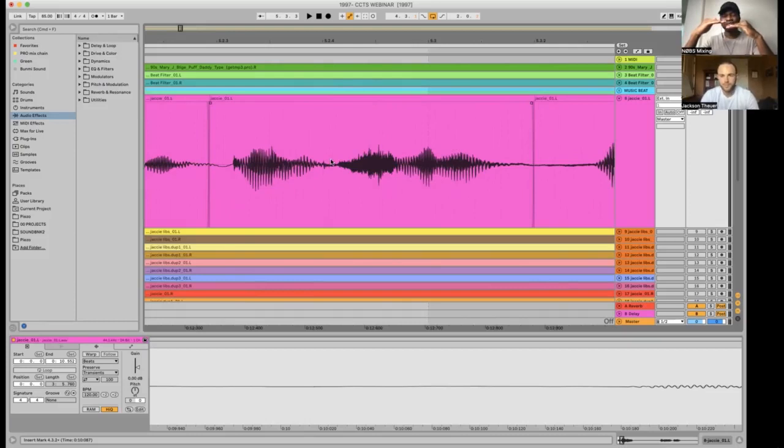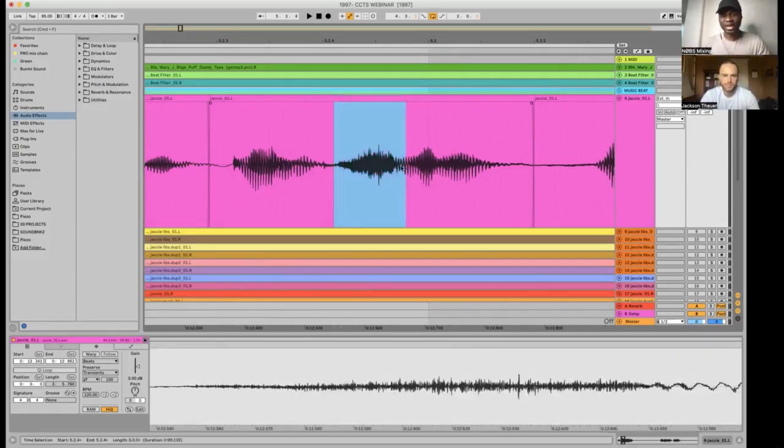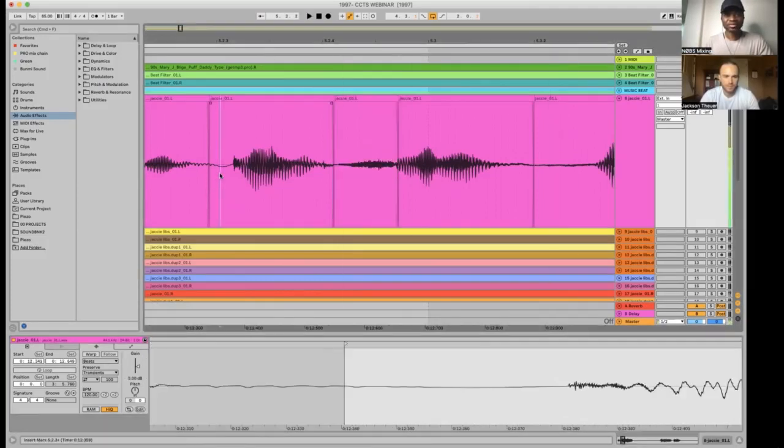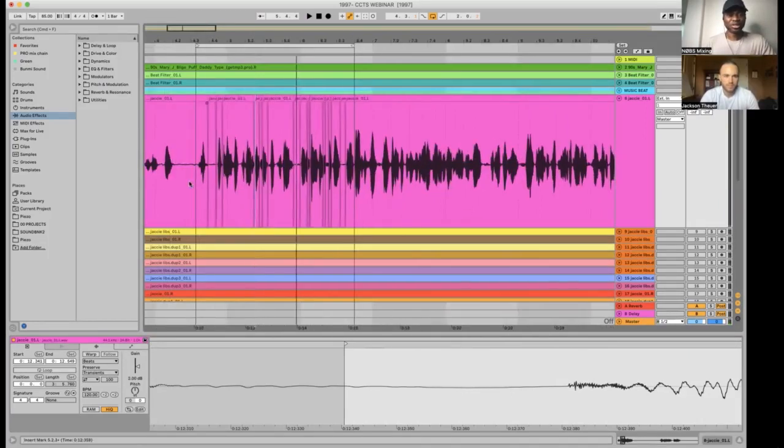I said when your S's are at the same level with your consonants and vowels, it's bad. So you see, they're the same size. So we have to bring it down. I just did -9 dB. Now it's more bearable. So what else is giving us problems?